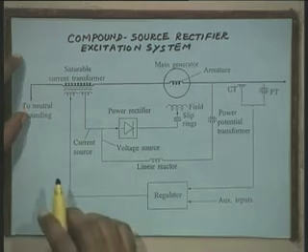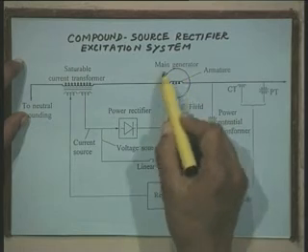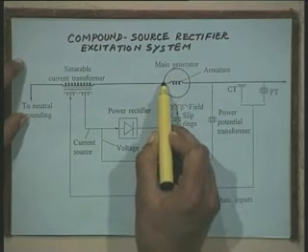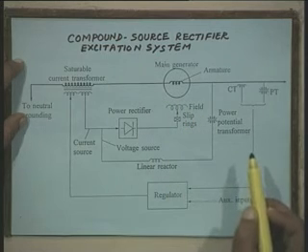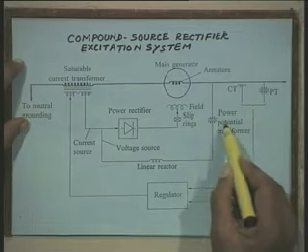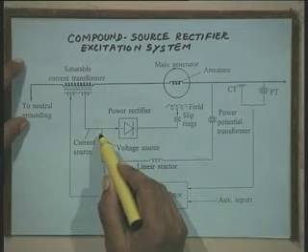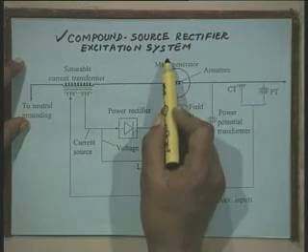There is one more arrangement of static excitation system. Now, here this is the main generator. To get the required field current, instead of making use of only a power potential transformer, we make use of an arrangement which is called compound source rectifier excitation system. Here